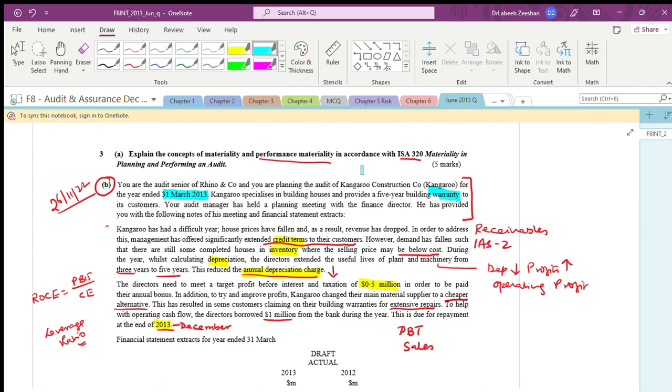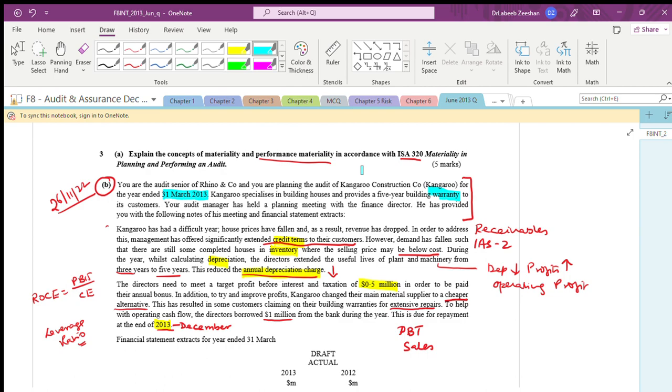See what is the audit risk. Now just imagine inherent risk, control risk, and sampling risk, also detection risk. That is the first thing. These are the basic things. Now what happens? In order to meet this target, they are